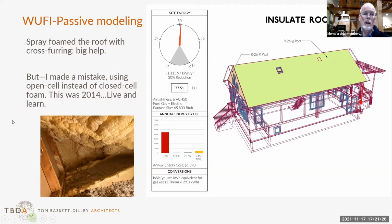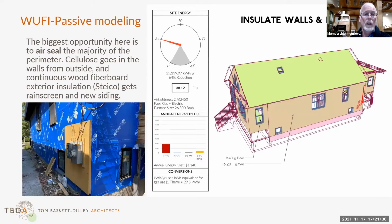And then I knew that the next things I needed to do were going to be difficult and expensive, like the exterior of my house. But when it got really bad and I had to replace it, that's when I decided let's do it, because the walls are the biggest opportunity in most houses. They're the biggest surface area, and there's a lot of air leakage that can come in